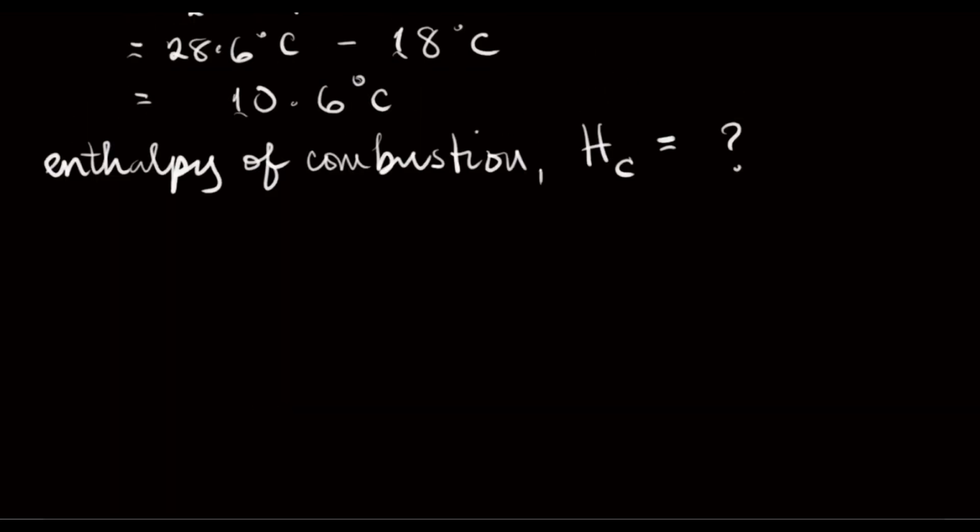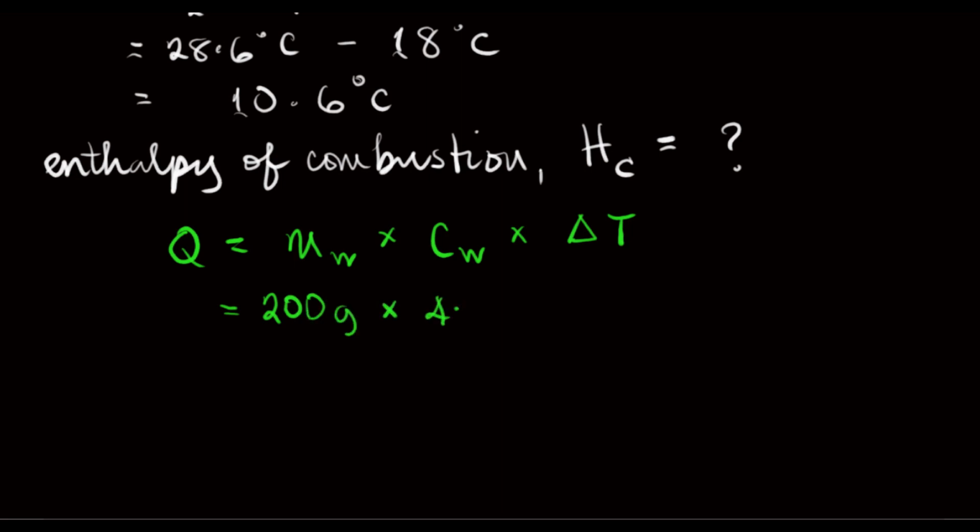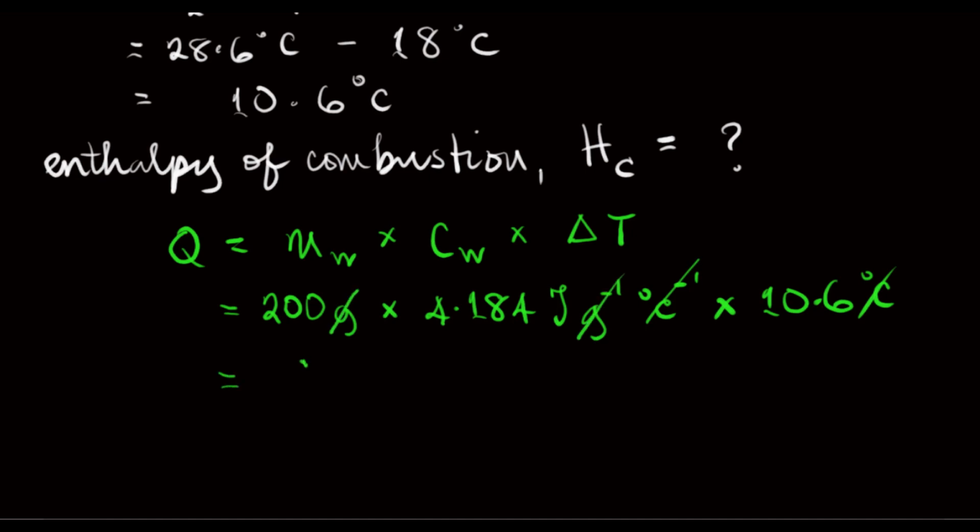So we'll first find the value of the heat used for raising the temperature of the water by applying Q = m × c × Δθ, and substituting the values will be 200 grams times 4.184 joules per gram per degree Celsius times 10.6 degrees Celsius. So this and this will cancel out,